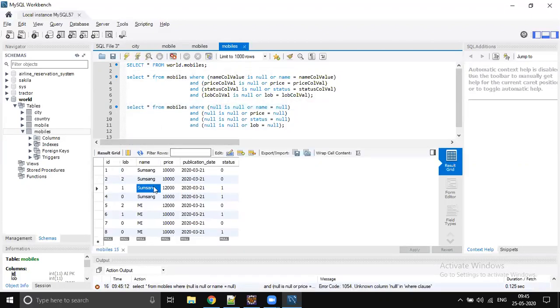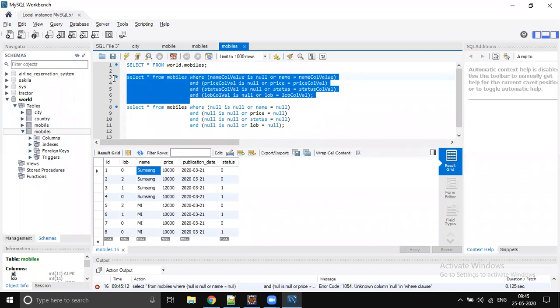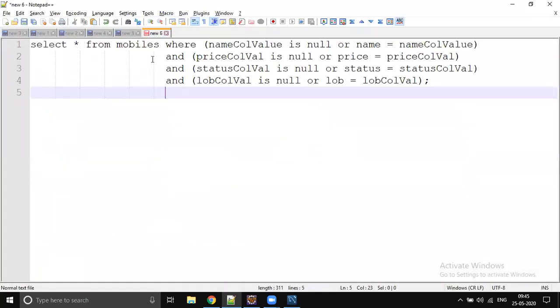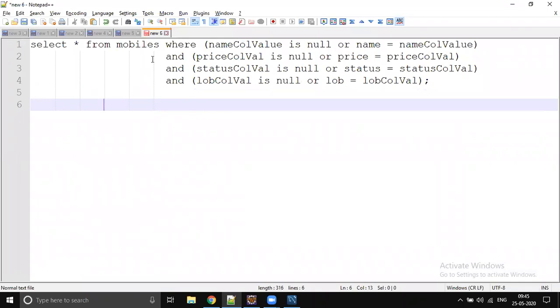Okay, you're going to get all the rows information. So this is the actual query, right? The query template. Now let's convert this into JPQL, right? We don't want to use the native query, so that is not recommended. So let's convert this into